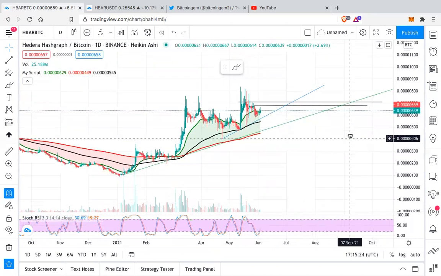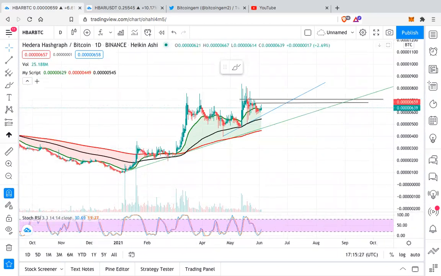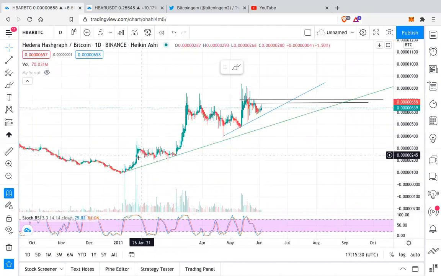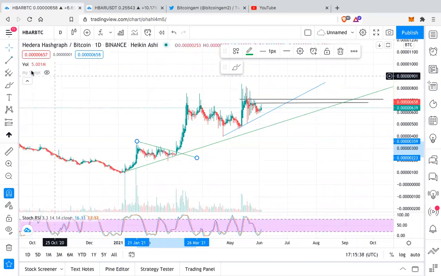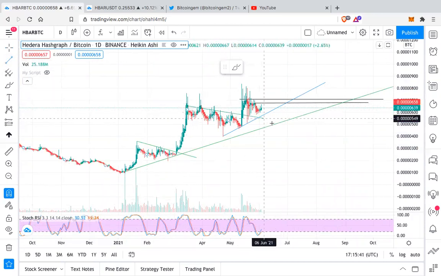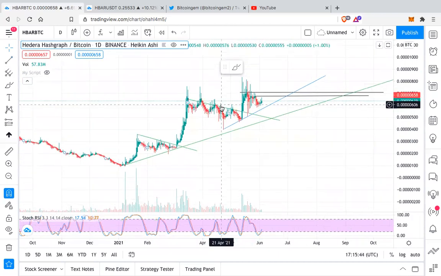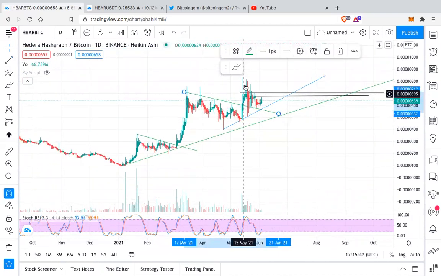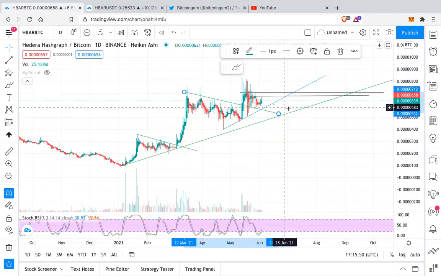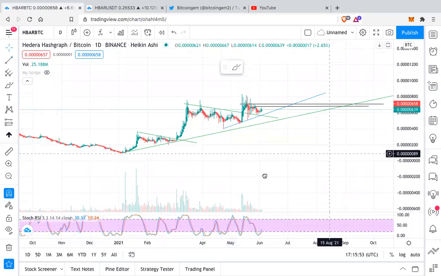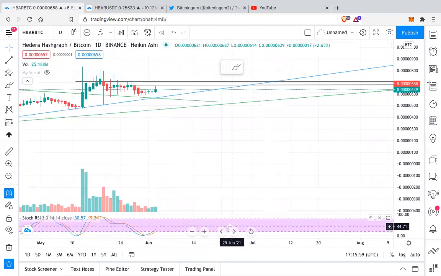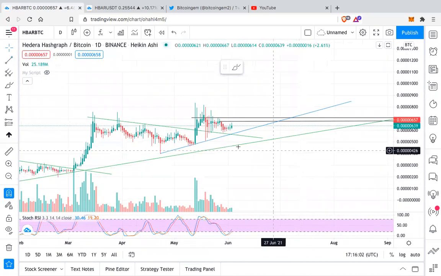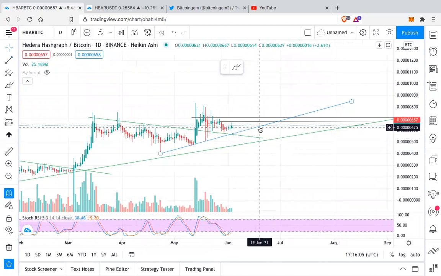So if you see this, it went up. Let me hide these moving averages. Look at this. It went up, it moved sideways in a slightly downwards channel, broke it and again went up. It moved sideways. And now it again went up and now it's going sideways. So it's just a matter of time before it repeats this. And in this next leg up, it looks like it's following this blue trend line.